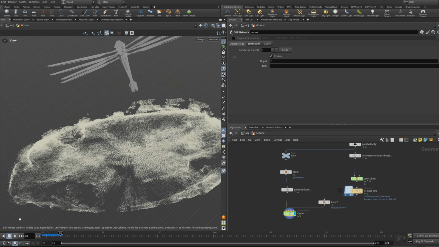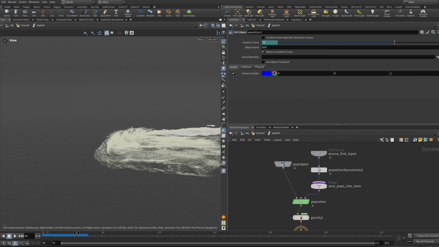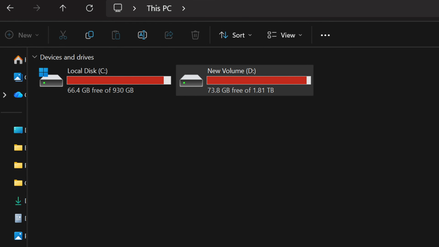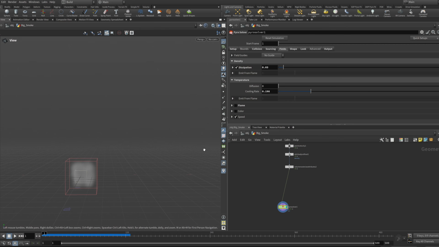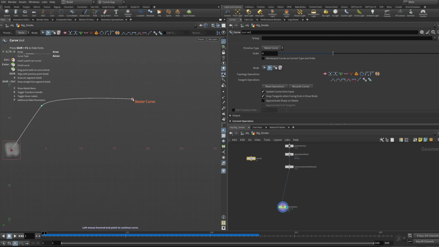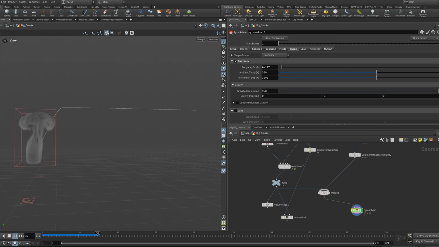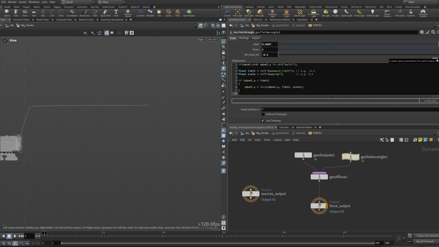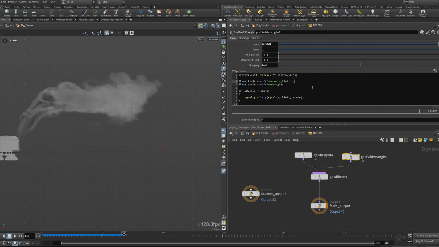But I quickly realized that I needed a lot of hard disk space for the simulation files, which I was lacking, obviously. So I had to purchase an additional SSD just for this project. I had quite a bit of trouble nailing down the smoke from the Spice Harvester. I spent a couple of days trying to figure out how to make the smoke follow a certain path and tweaking the smoke size and shape, and I ended up dividing the smoke into 3 separate simulations that I will later combine